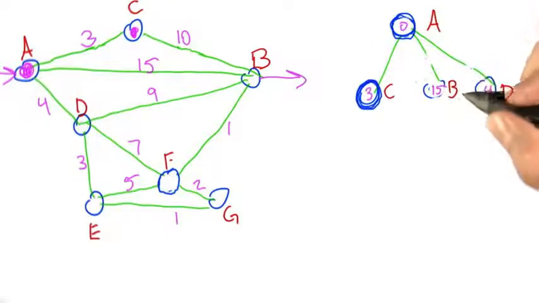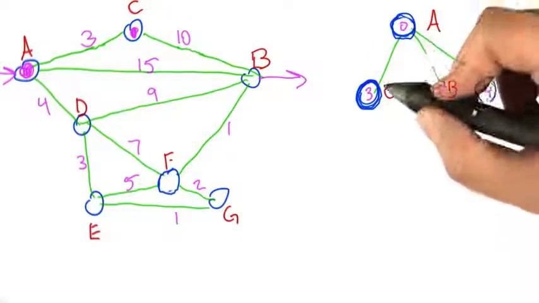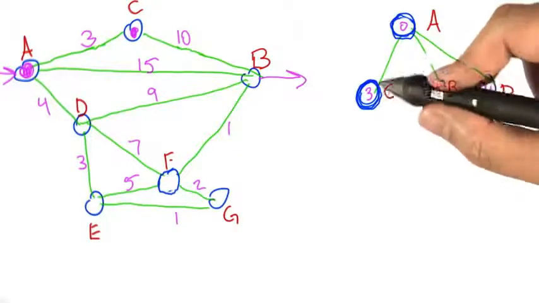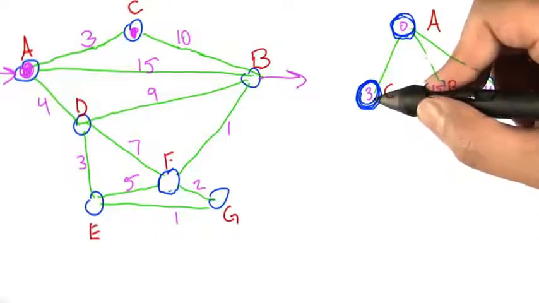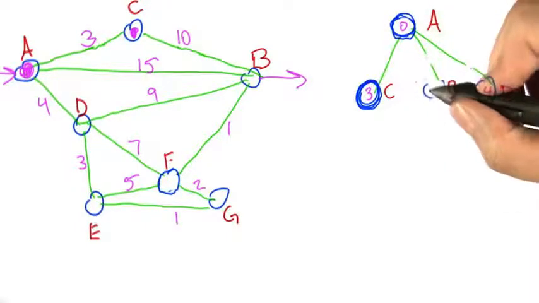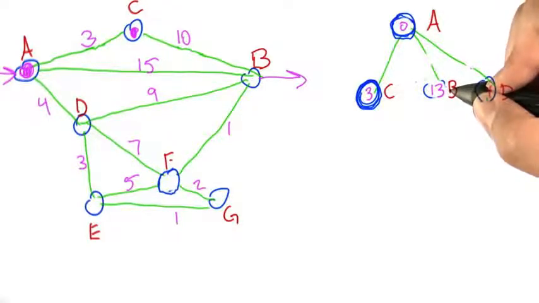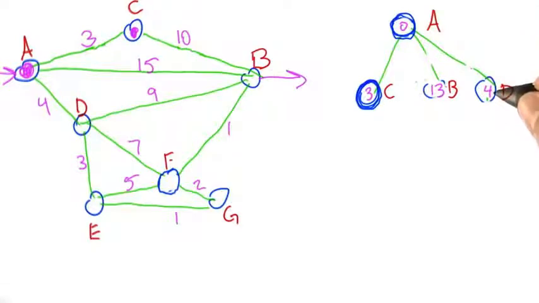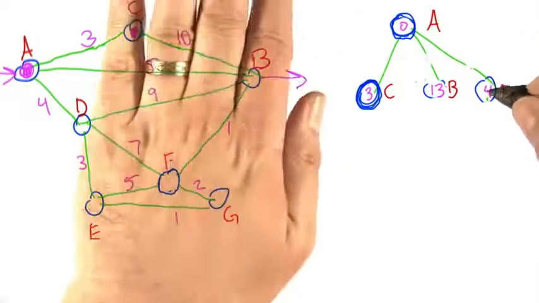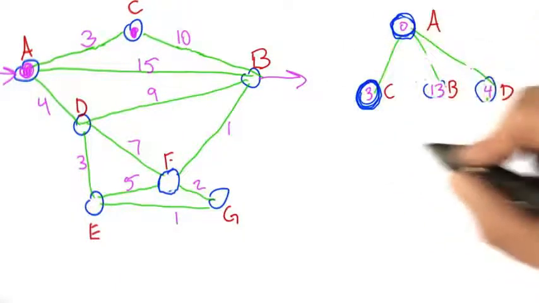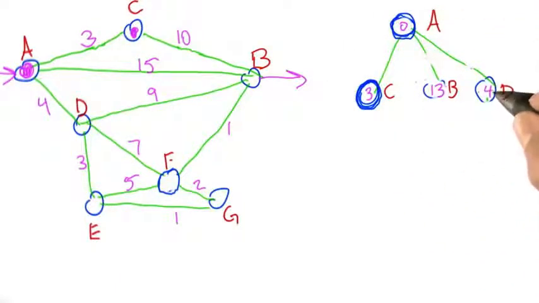So what we should do is not expand B, but we should focus in on C. We now know that there's a path that actually can get us there in 13, right? This 10 edge plus the 3 that it takes to get to C. So we can get to B faster than 15. We can get to B in 13. Now, is that the shortest possible path for B? We don't know, because we know that we could get to D in 4, and maybe there's a length 1, ignoring the graph for a second, maybe there's a length 1 path that would get us to B, which would be even shorter. So all we know from what we've done so far is that the shortest path from A to D is 4. So let's lock that down and pull D off of the open list,